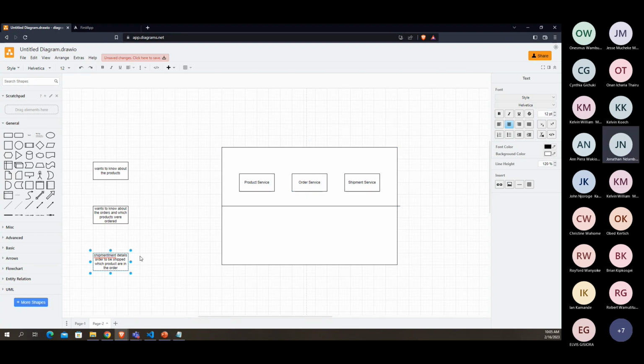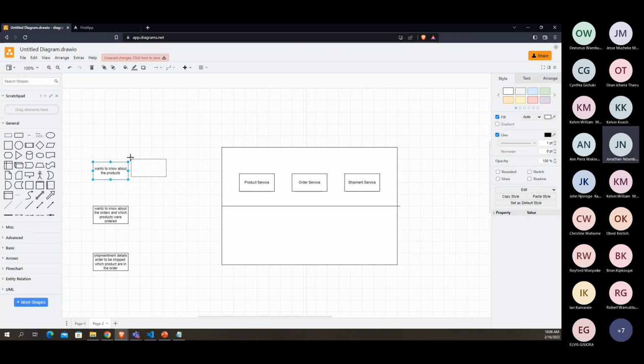So we have the shipment ID. So we read a shipment ID, a single shipment ID. And then in the shipment ID, we can get the order ID. So we go to the order service and ask, hey, give me the order that has this ID. So it returns us an order with the details about the products that are inside there. So now this component is only interested in